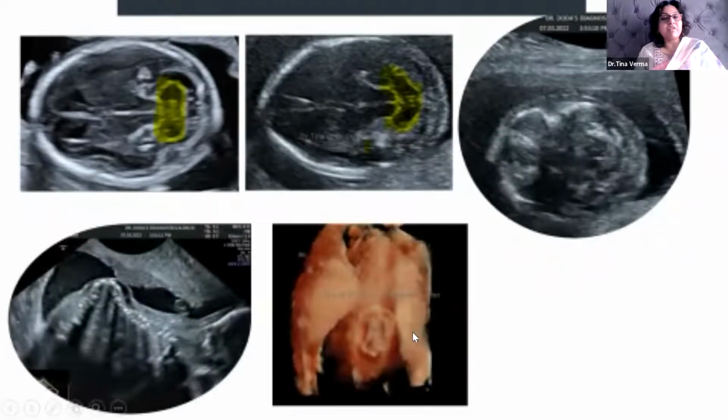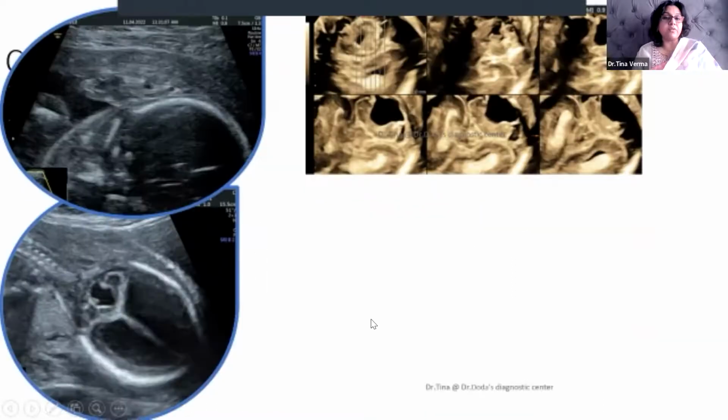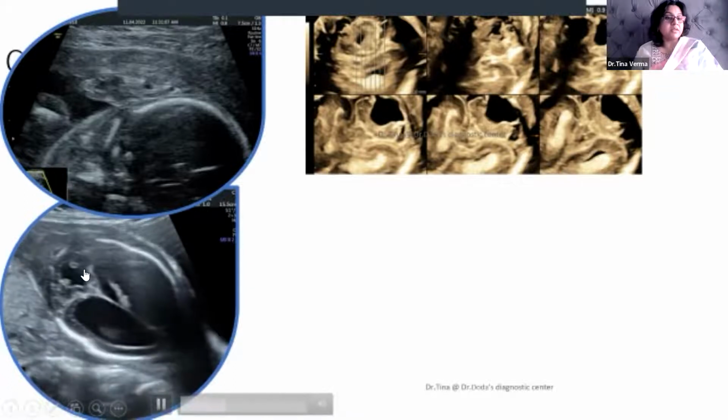We searched for it, and we found that there is an open neural tube defect. 97% of the cases with an open neural tube defect will have intracranial signs present. This is an Arnold-Chiari malformation showing the intracranial signs with an open neural tube defect. Another important thing why I am discussing the cerebellar plane is the